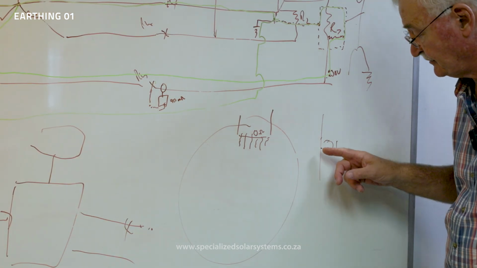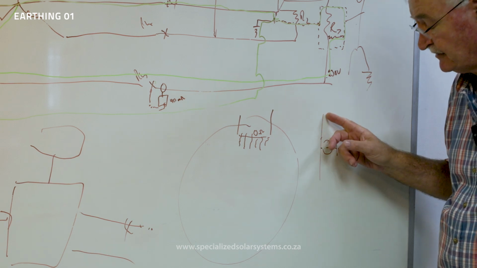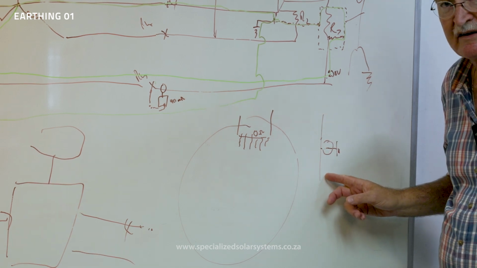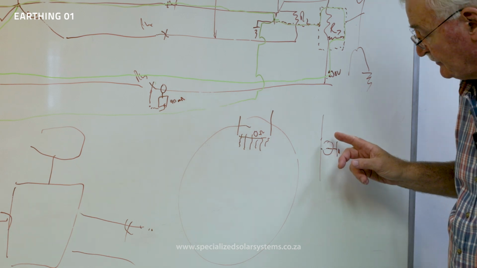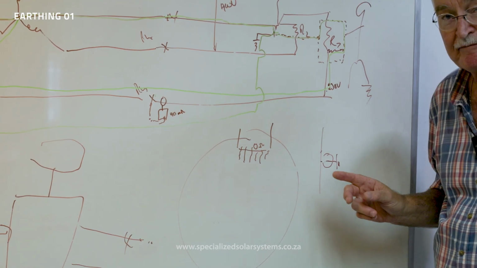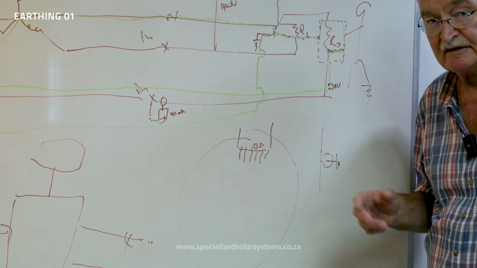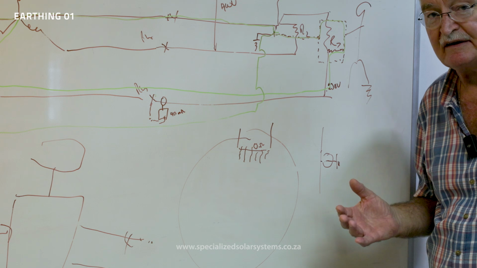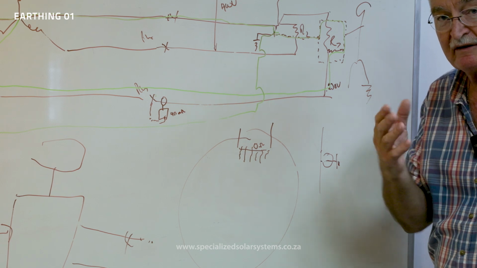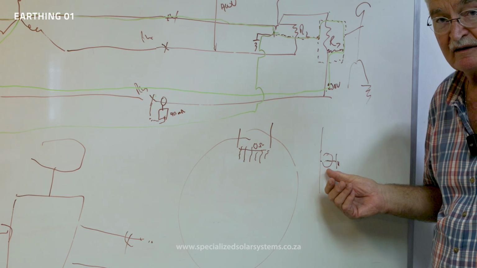So you need to make that resistance as low as you can, and you need to make the conductor the right size, because when you've got earth fault current flowing, that earth fault can be very high. So if you've got a small conductor, that conductor will act as a fuse and it will just burn off, and we often see it. When we open equipment, we see the earth wires are burnt off, and that is because they weren't the correct